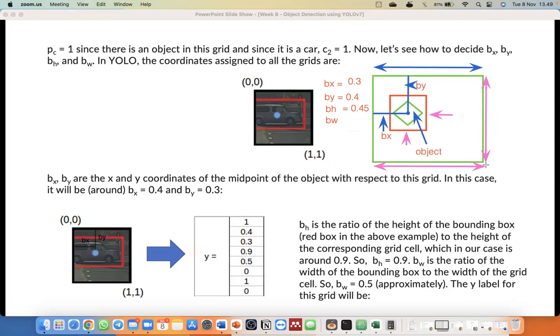Berapa ini kira-kira? Oke, sama ya, 0,45.